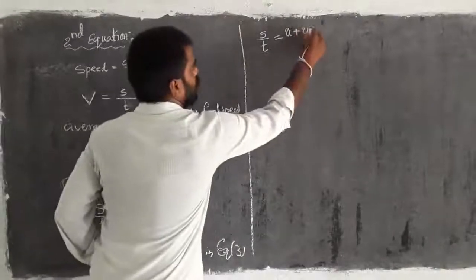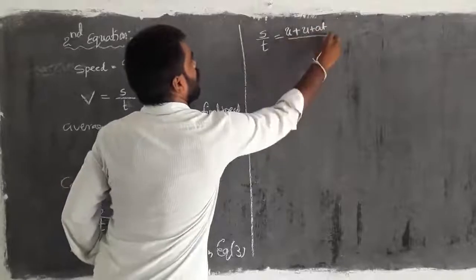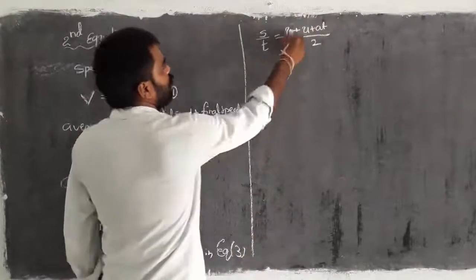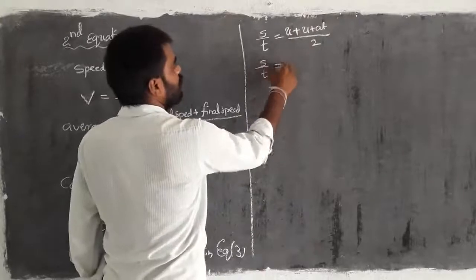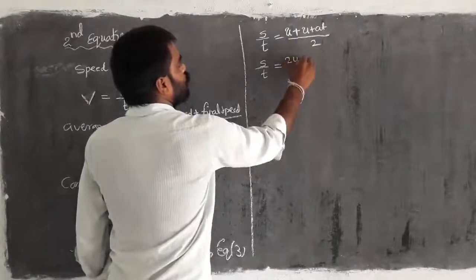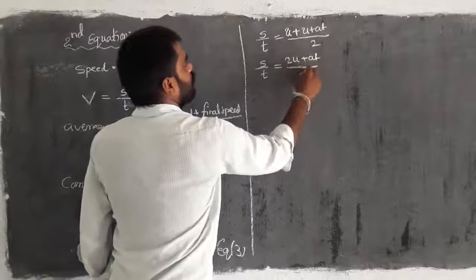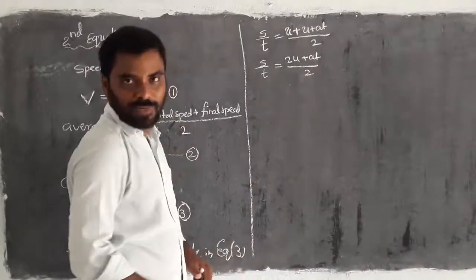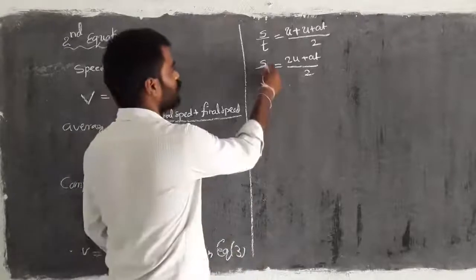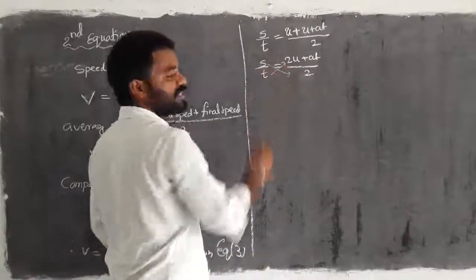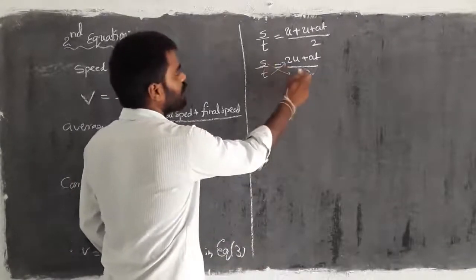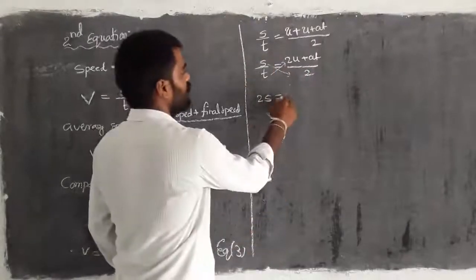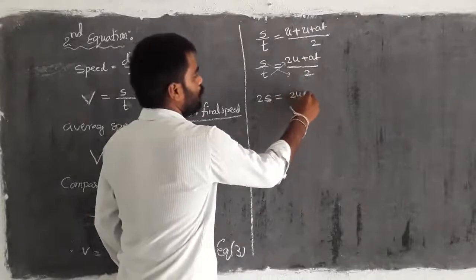Same thing, you have to write u plus at by 2, right? Here you have to simplify that. u plus u is 2u plus at by 2. Then here you have to do cross multiplication, right? So when you apply the cross multiplication, s into 2 we can write as 2s, that is equal to 2u plus at